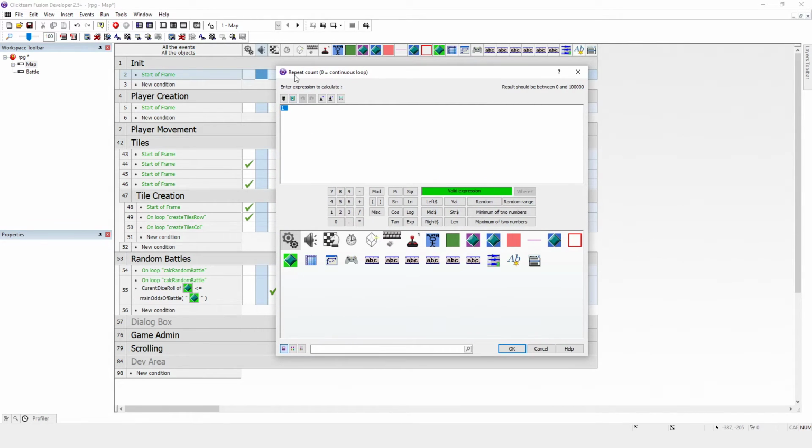Now, repeat count, you might think, oh hang on, I want it loads, so I put, what's the maximum? 100,000, I put 100,000 down. You could do that. I mean, it's 100,000 times 7 seconds, so whatever that is. But the player might be on the map for a very, very long time,